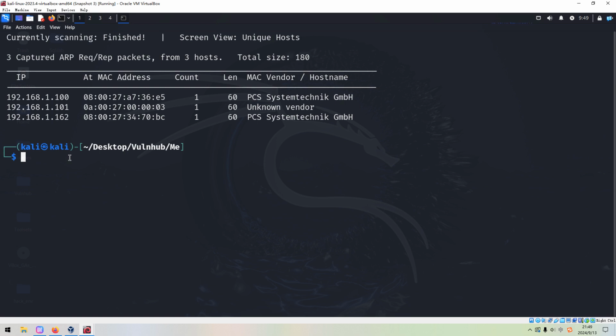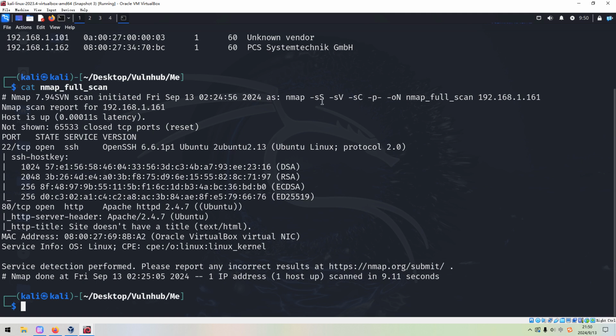We need to do the port and service scanning with Nmap. To save time in this video, I've already completed it before. So for now, we just get out its result. As you can see over here, I use the options like SYN scan, the version scan, the default script scan, followed by -p- to do the full range port scan. The last option of all is -oN to output the result into this file. Although, as you can notice here, the IP address of the target has been changed from the first time when